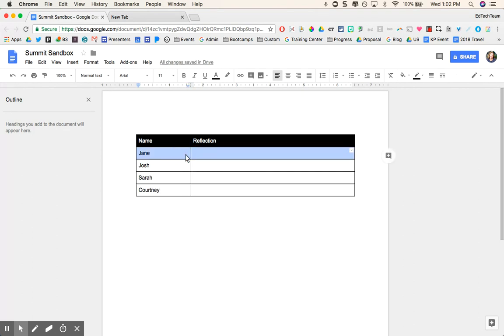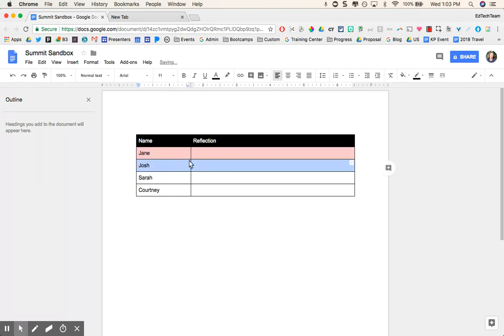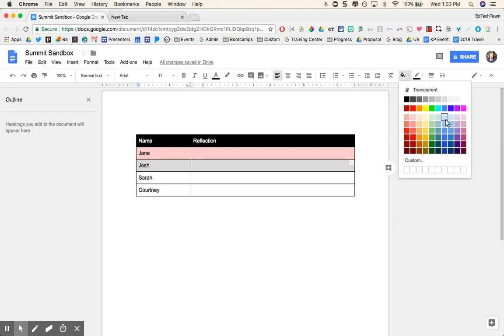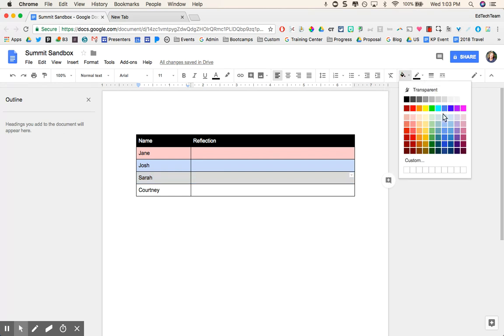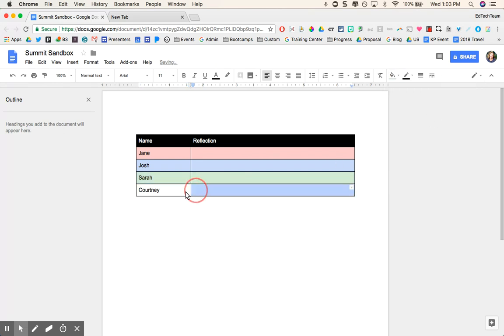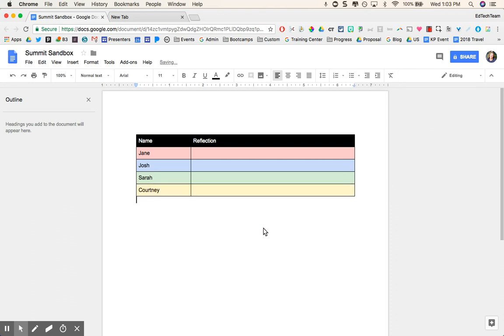So for Jane, I'm going to make Jane's row light red. And for Josh, we'll make his row maybe a light blue. And we'll go with Sarah, can get a little bit of a green in there. Now you're noticing that I'm choosing the first color of the paint row at the top here. Those aren't going to be too bright, and the students are still going to be able to see what they write. The farther down you go, the darker they're going to be, and the harder it's going to be on the eyes, but also just on the font in general. So you're going to want to stick with this very first row of pales,